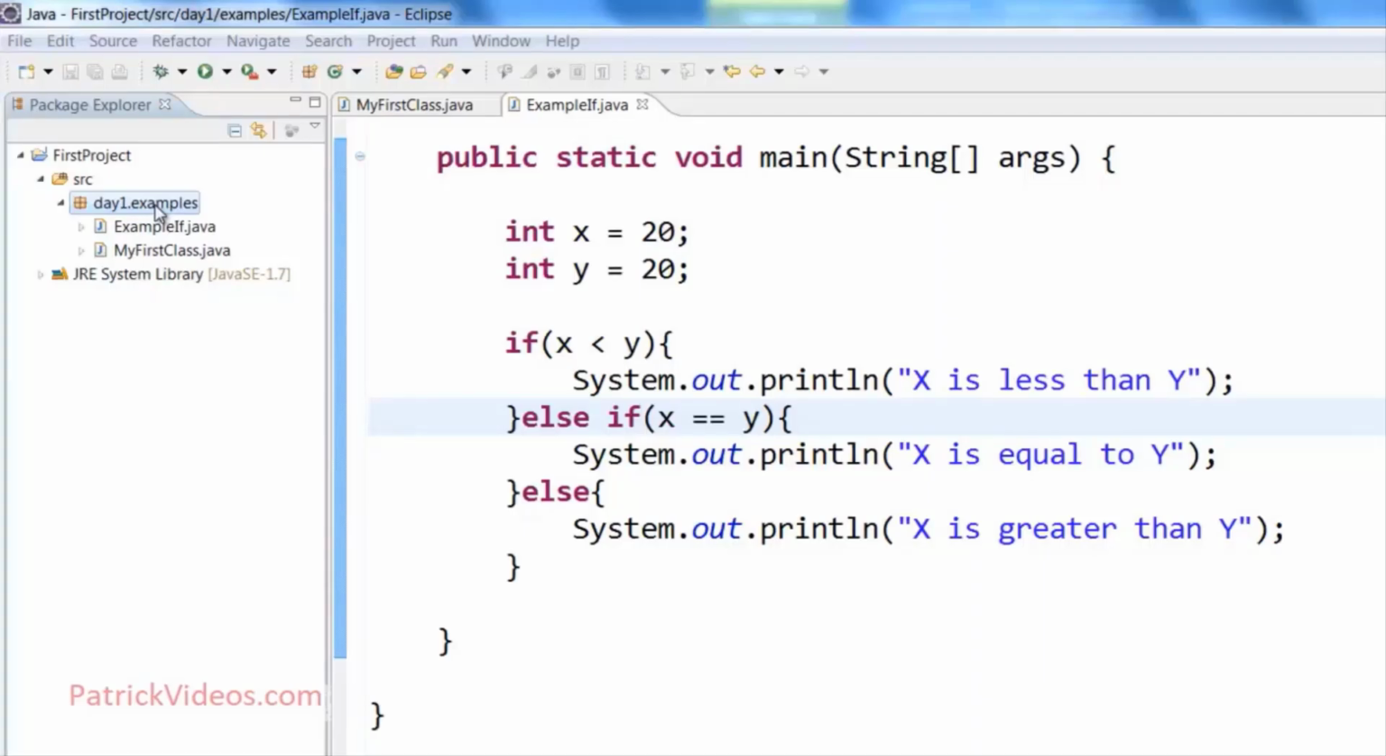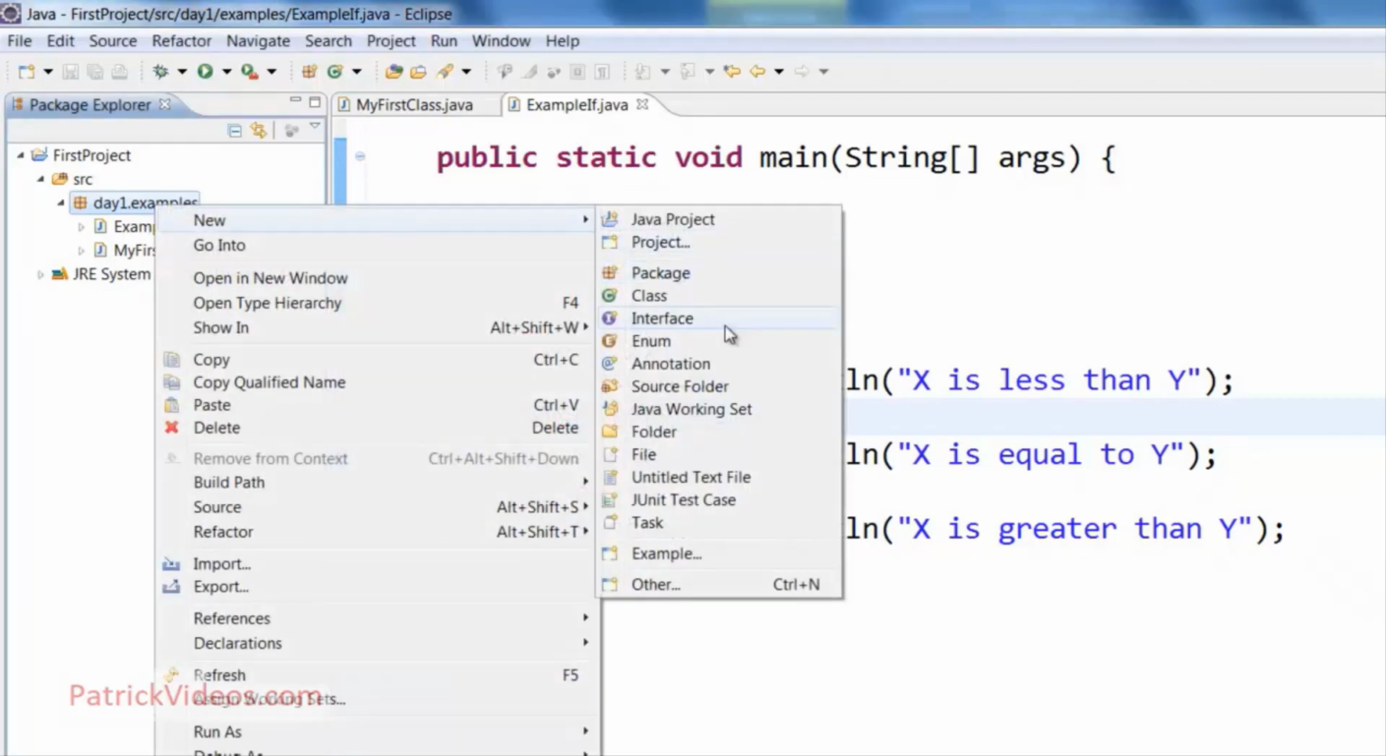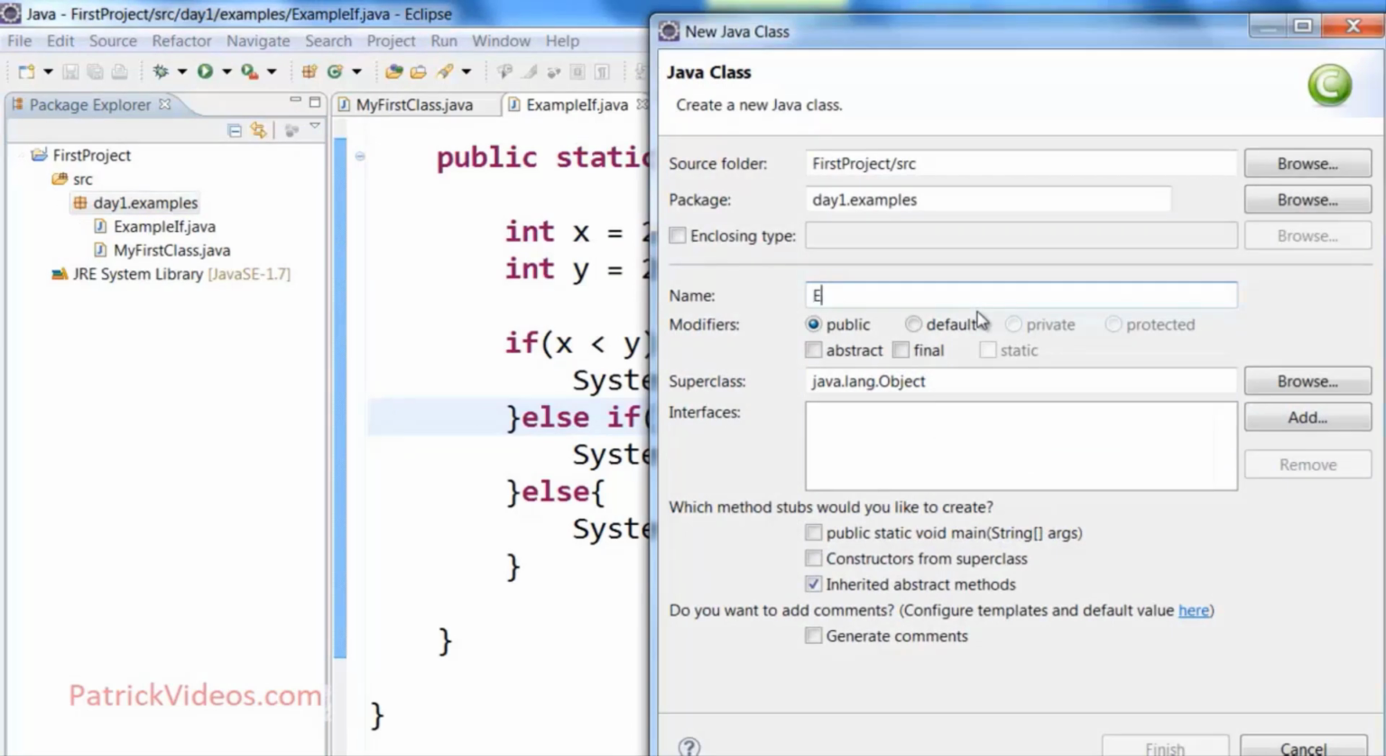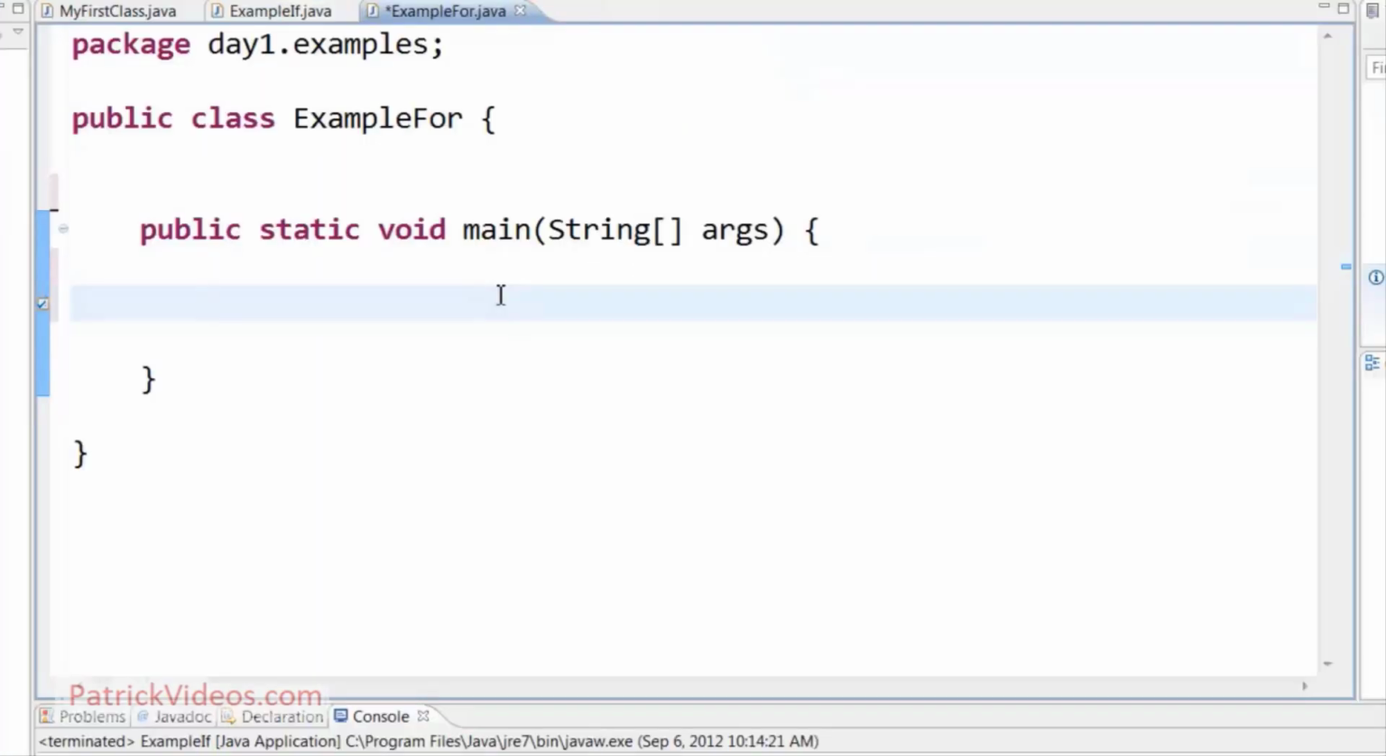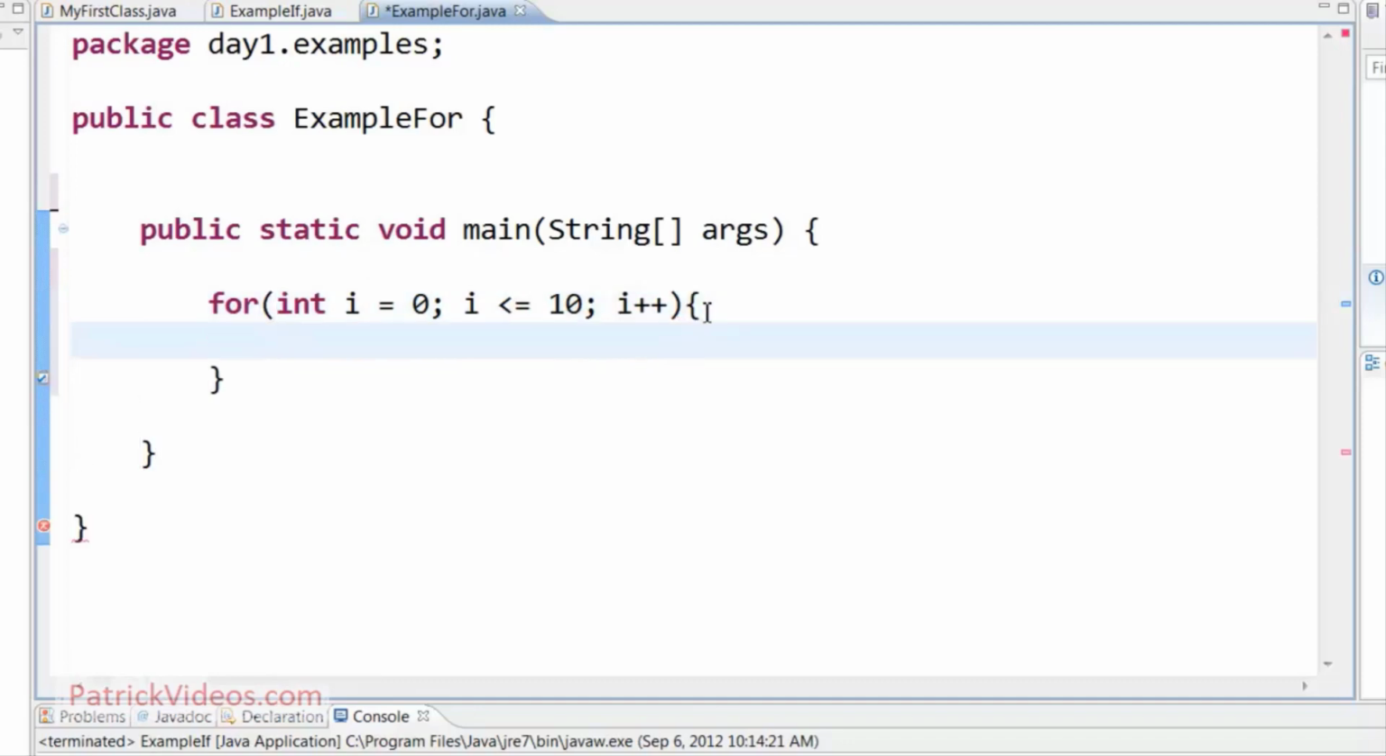Next, let us learn how to do a for loop. Let us create a class called example for. The for statement syntax goes something like this. For int i equal to 0, semicolon, i less than or equal to 10, semicolon, i plus plus, all these within parentheses, then open curly braces, press enter, it will automatically do the closing curly braces, and here let us